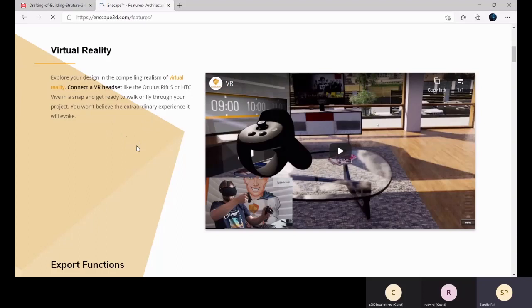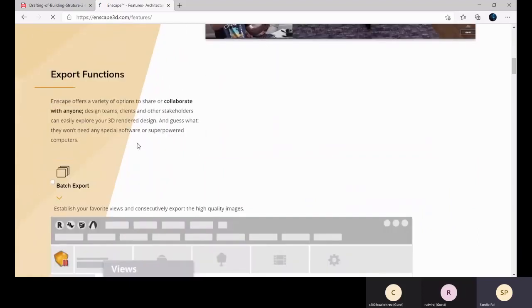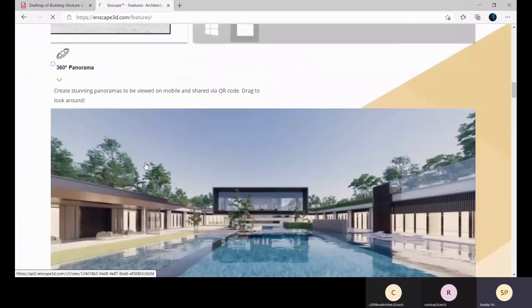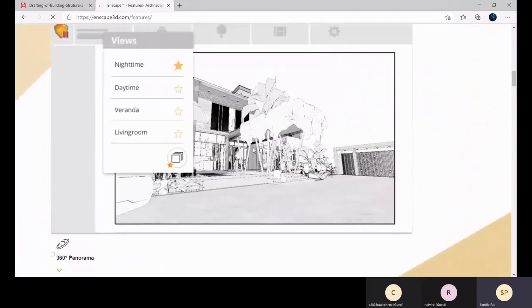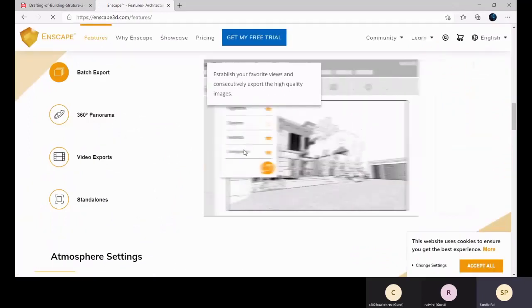If we connect a VR headset, we'll get a virtual reality experience. And we will also explore the 360-degree panorama.